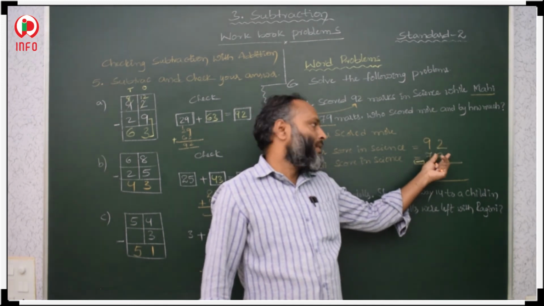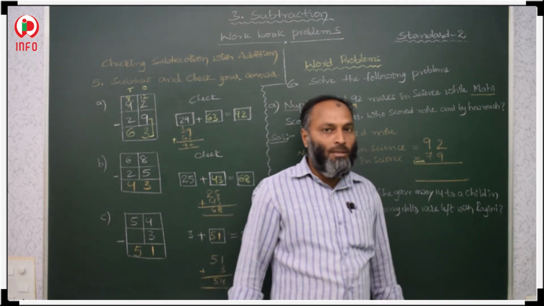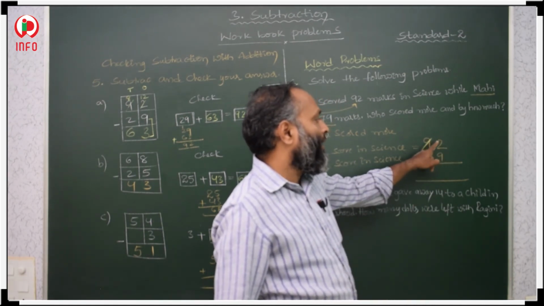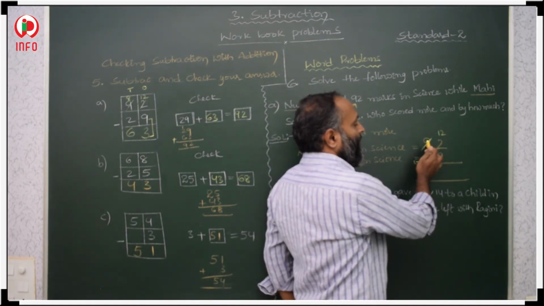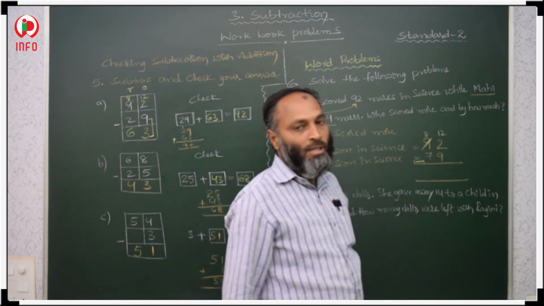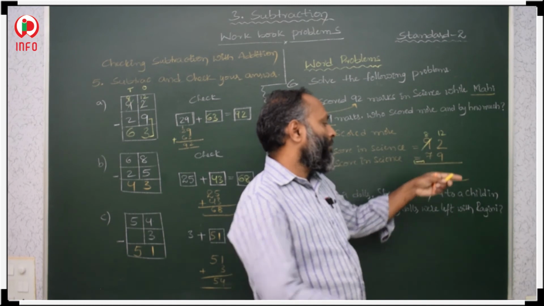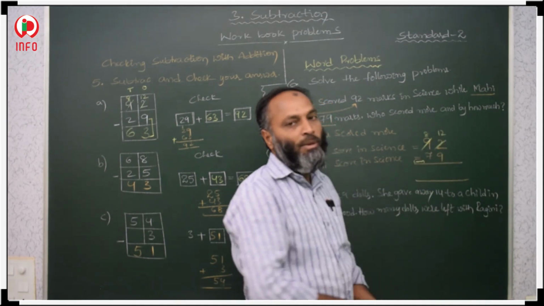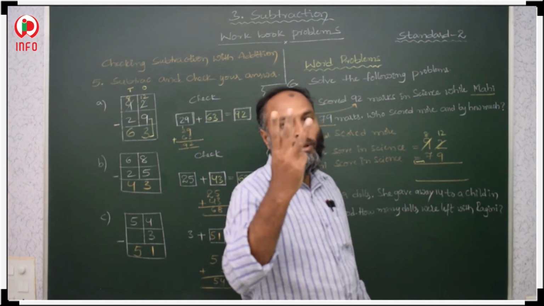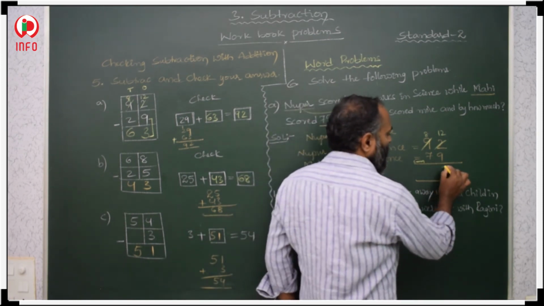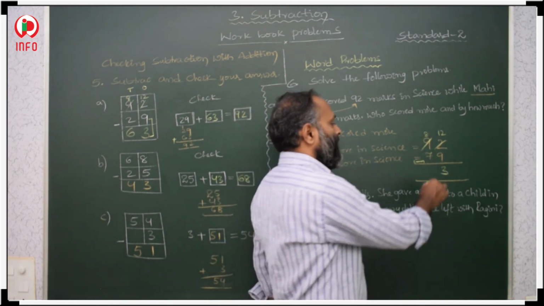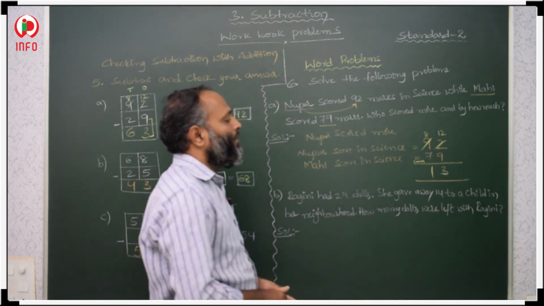The minuend is lesser than this subtrahend. Then you borrow from the next place. Here 9 tens are there, take 1 ten. 10 plus 2, 12. Out of 9 tens, we took 1 ten to the ones place, then 8 tens are left here. Then 12 minus 9. Count from 9 to 12: 10, 11, 12. Total how much? 3. Then 8 minus 7. These are consecutive numbers, so the difference is 1.